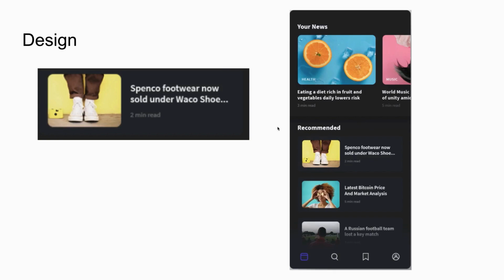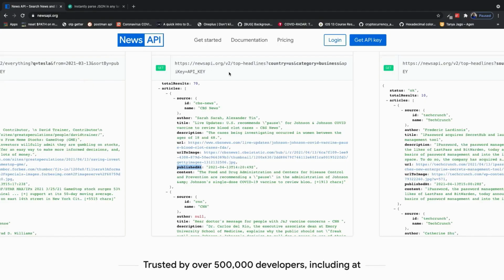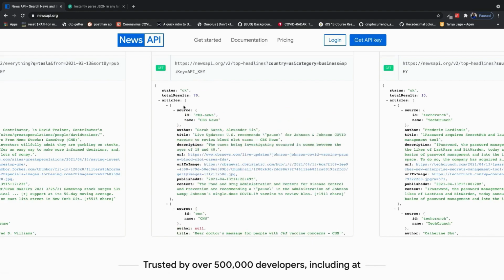That means we fetch data on demand, not beforehand. In pagination, we divide the entire list of data according to page size and load it with respect to particular page number. For this video, we will use paginated API from newsapi.org. We will use the top headlines endpoint to get the articles. The response looks something like this. We are more interested in the articles. So the article consists of author, title, description, URL to image, and there are other things.